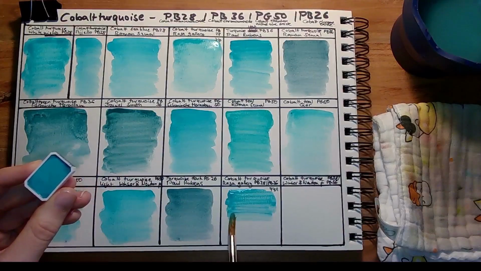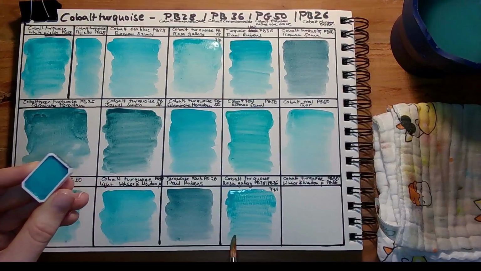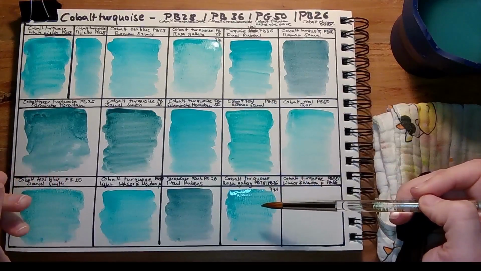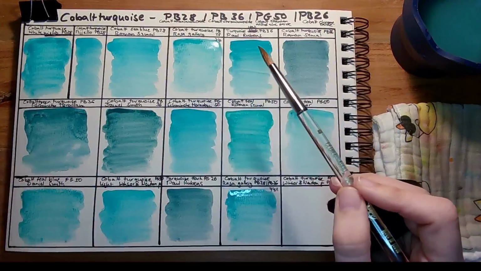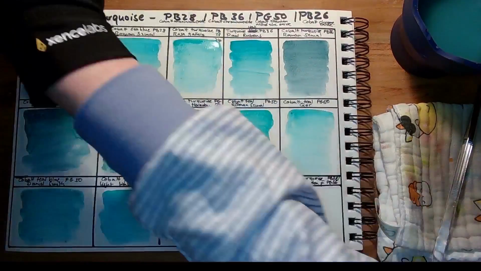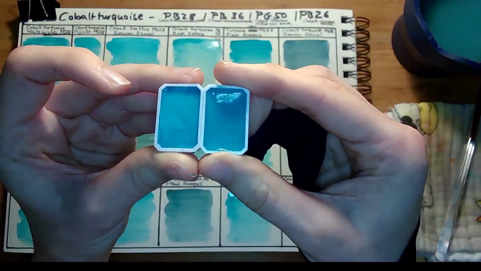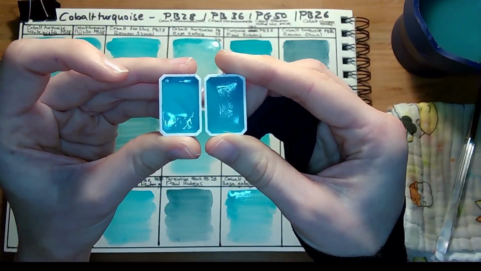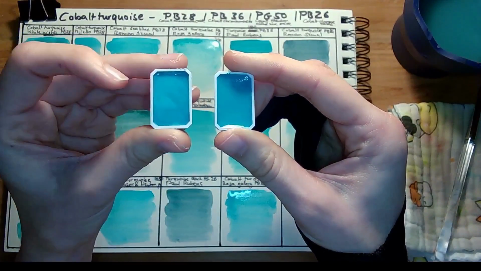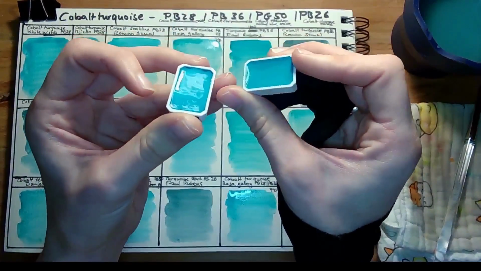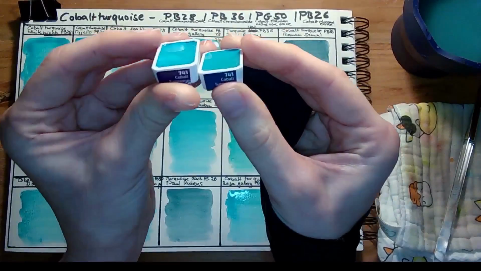So the next two are mixes between different cobalt pigments. The first one is from Rosa Gallery. I mentioned it earlier, we also have in the first row the single pigment PB28, cobalt turquoise, and it has the internal number 741. And the really confusing thing is that this second one is also called cobalt turquoise, has also the number 741,